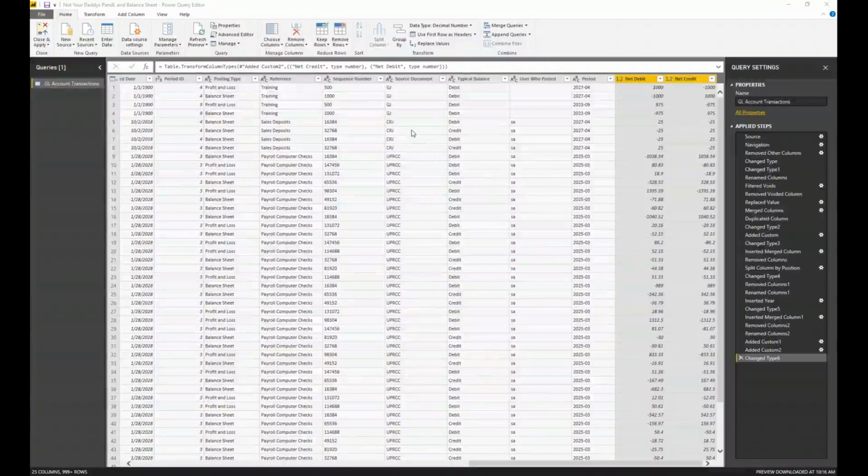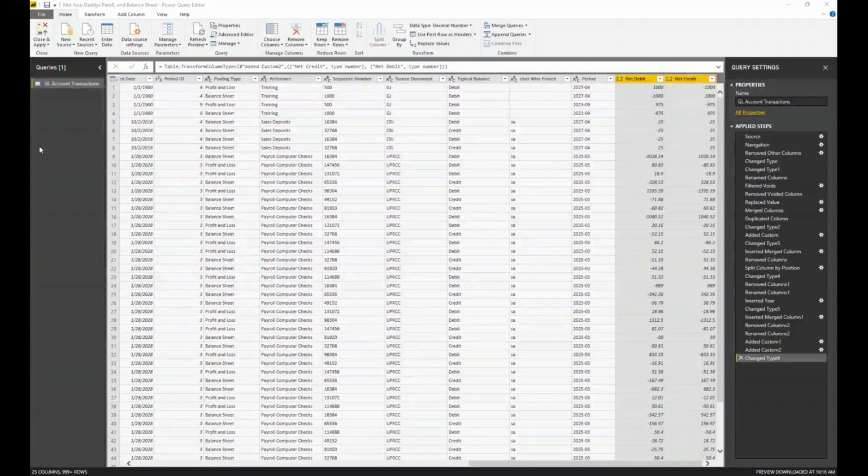Now what I want to show you, and again, you could do those in DAX as well. There is an advantage to creating these net columns and doing a lot of them in DAX rather than here. If you're in the Power BI service and you choose the option to analyze in Excel, it will not see any numbers that were created in this query editor as a number. It'll only see fields or columns that are created in DAX as a number. So there is a definite advantage to using DAX, but we're going to be using some other numbers in DAX, so you'll get a feel for that as we go along.